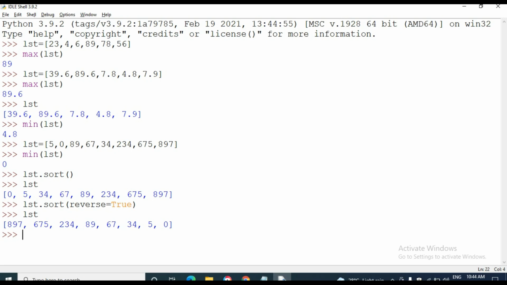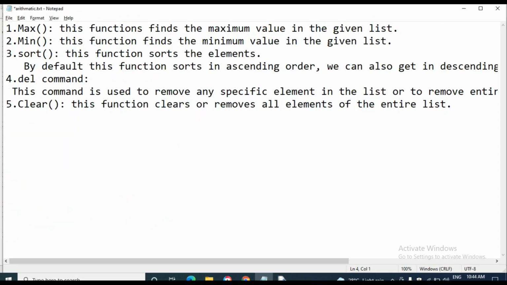See, elements are displayed in the descending order format. This one is the ascending order, and after applying this condition, this list is displayed in the descending order format, from the large element to the small one.